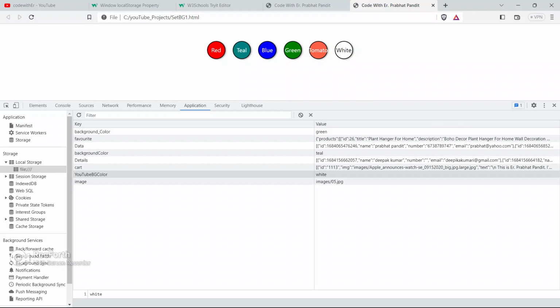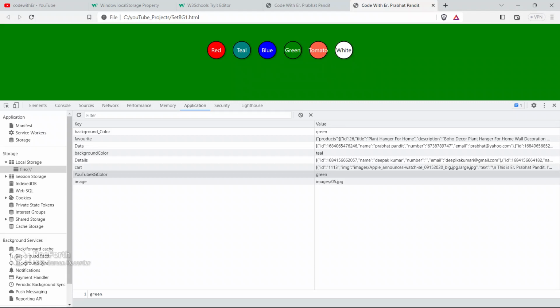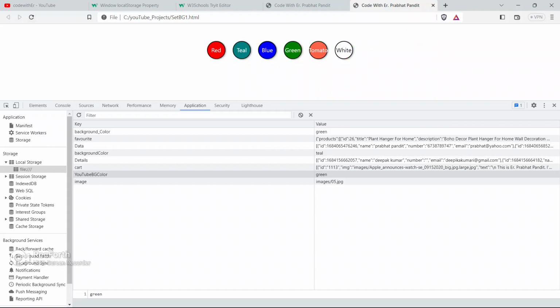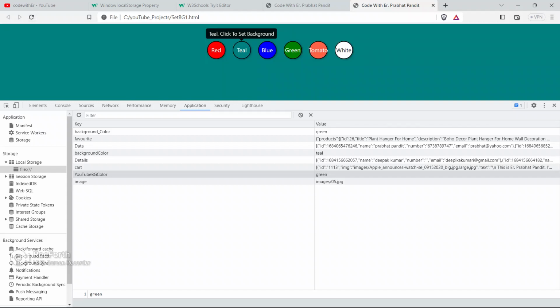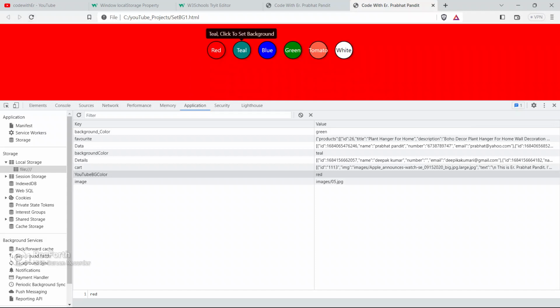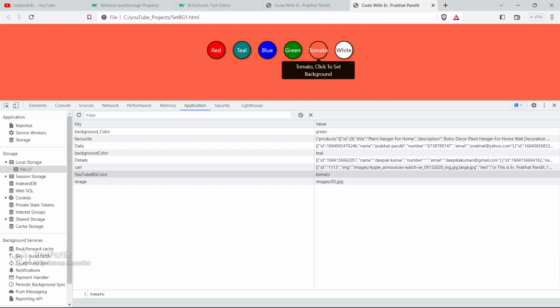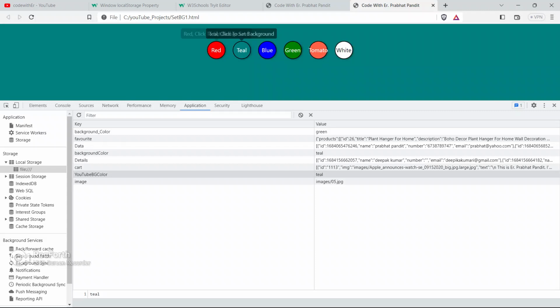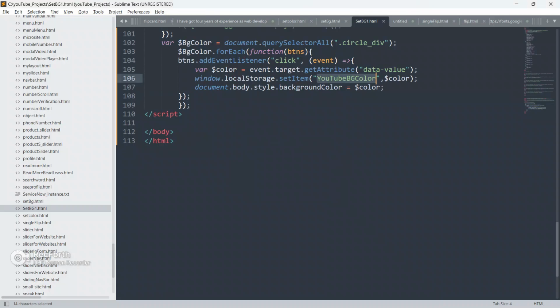Here we are just setting it, we are not getting it from the local storage. Now we will grab the value from the local storage, and then again set this value as the background color. Only then we won't lose our background color whenever we refresh the page or close this page. It will be there even after deleting or refreshing the page. So let's go to the code now and write this functionality.